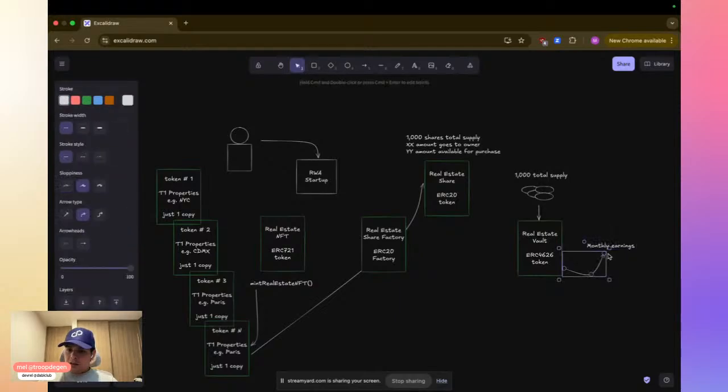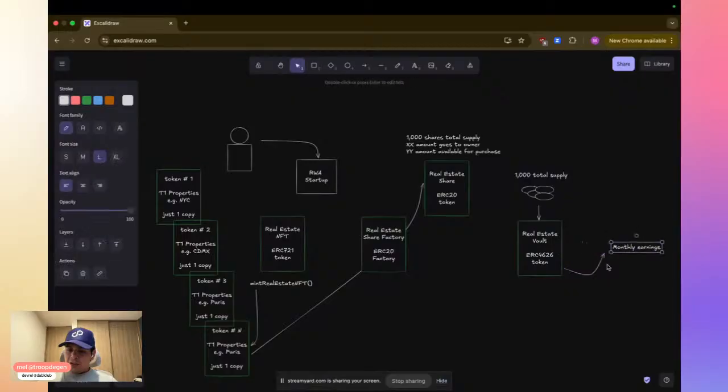So here, ideally, there should be a strategy.